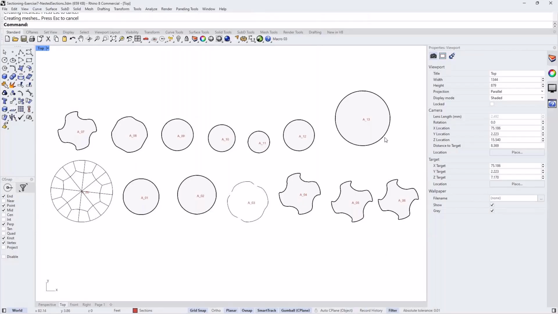But in the end, you got all the slices laid out and cut and extracted on the XY plane, and you can just put them in separate layers, give them the colors that they need, and export them to the laser cutting software.